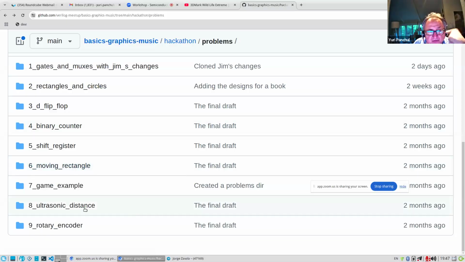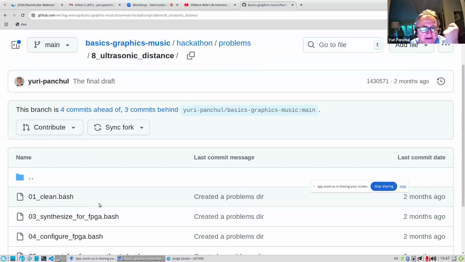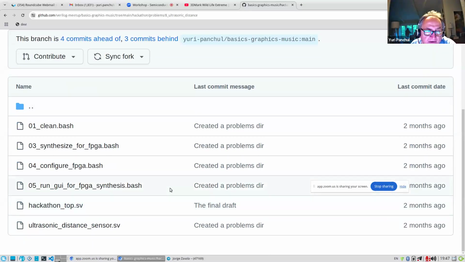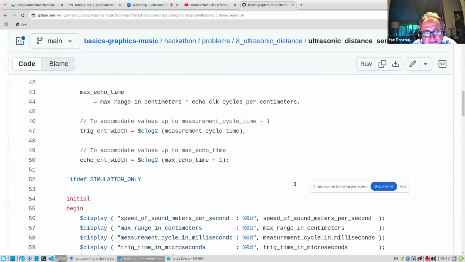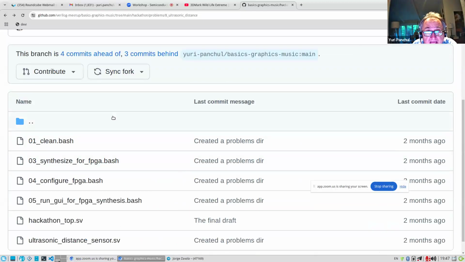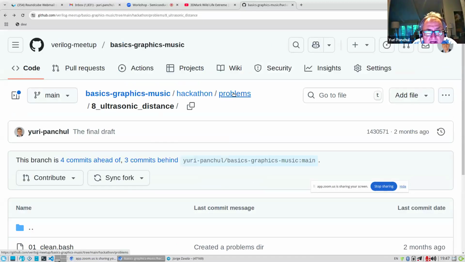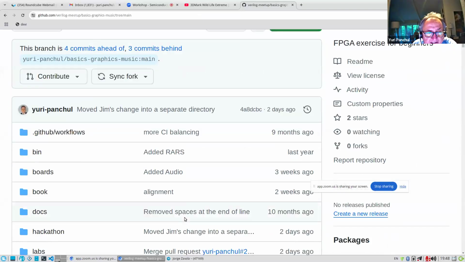We learned how to move things, and then you can also see some examples of how to use an ultrasonic distance sensor, which is also sequential design, and how to use a rotary encoder, and how to connect this design to a microphone and to a sound output.